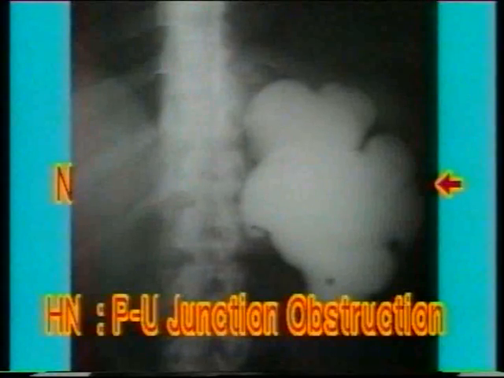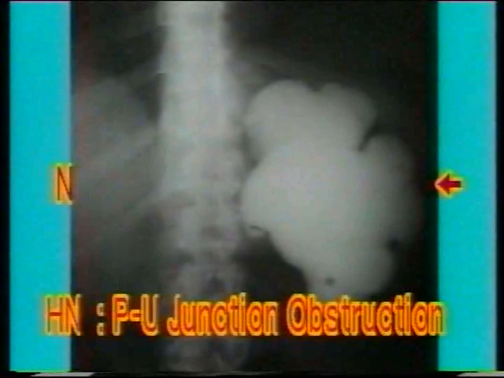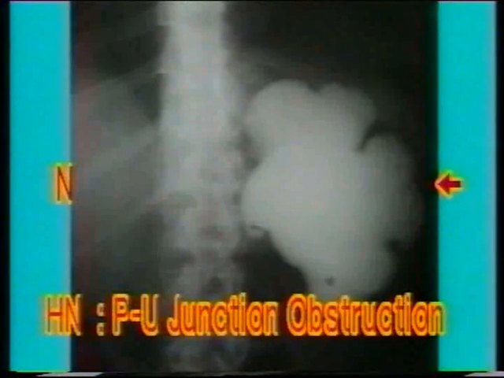This is another PU junction obstruction showing a very huge hydronephrosis. Hydronephrosis with undistended ureter is the characteristic of PU junction obstruction. The sudden narrowing to a normal sized ureter and redundant pelvis seen as attachment of the ureter in a non-dependent area is typical. Congenital PU junction obstructions are usually asymptomatic and often develop into huge hydronephrotic sacs by the time they are detected.